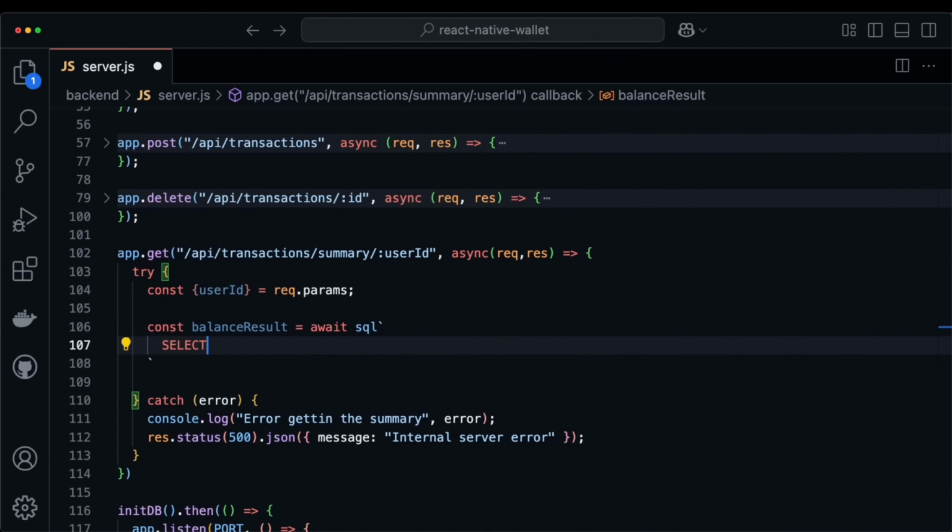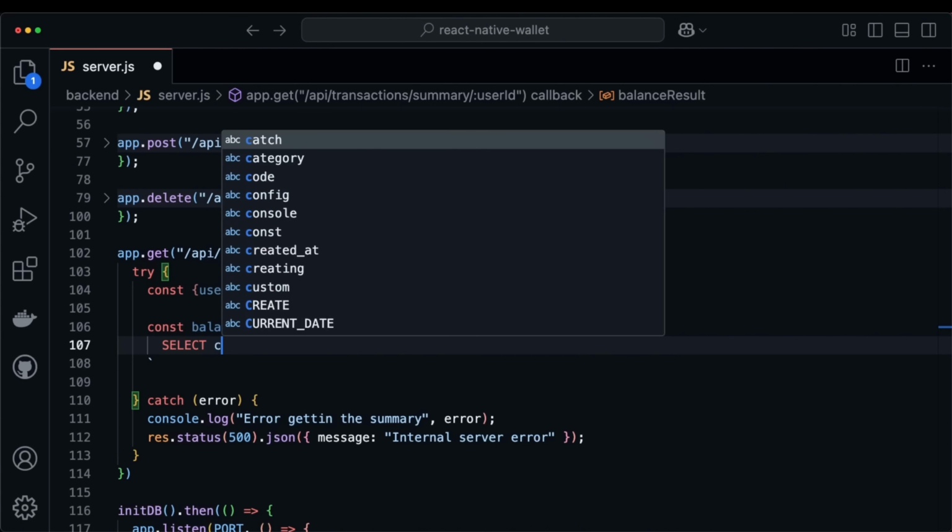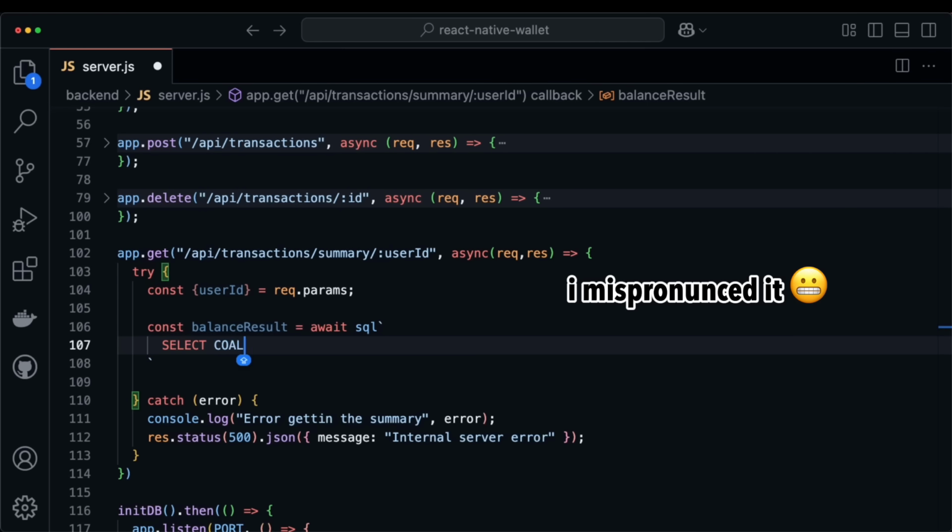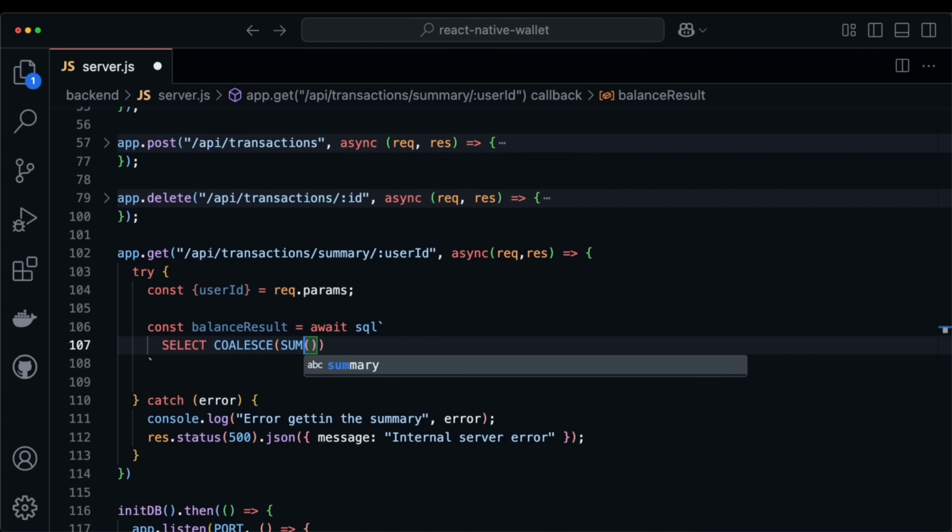Now we'll use something different called COALESCE. Alright, so here we'll put two different values. The first one will be the sum, the total of amount, and let's make this to be all uppercase. We're going to sum the amount, but now if this is undefined, we would like to get the 0 value,